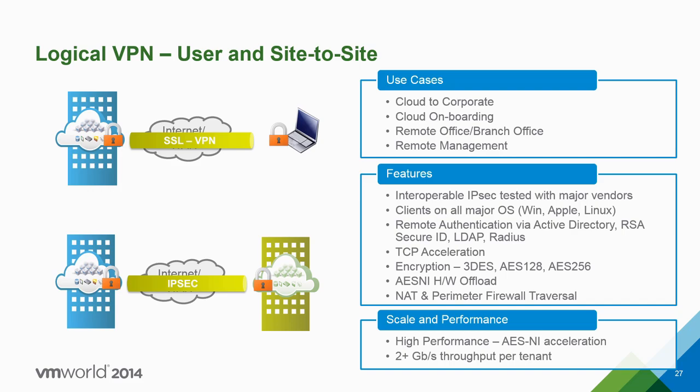And in terms of performance, each VPN you can do slightly over 2 gig, but to achieve that number, you need on your ESXi host a CPU with AES-NI, which offloads compute from the VM to the CPU itself. So we go higher in terms of throughput. Now, if you don't have that on your ESXi, first you have a very old ESXi, but sometimes that happens. It still works perfectly, but of course the throughput will be lower.